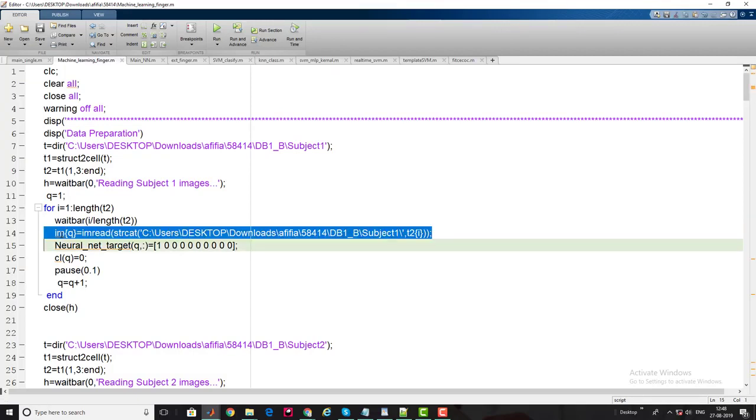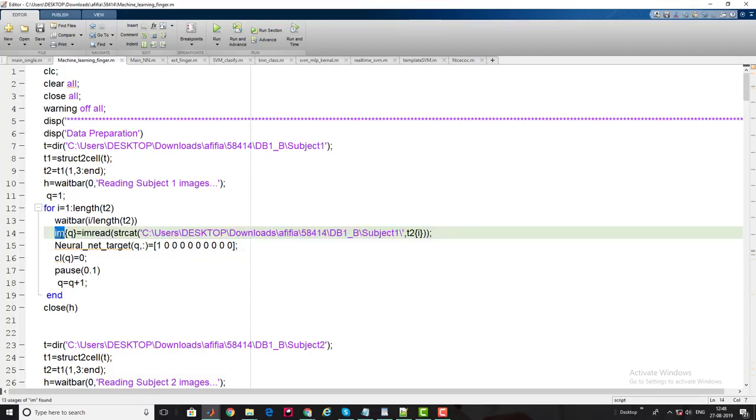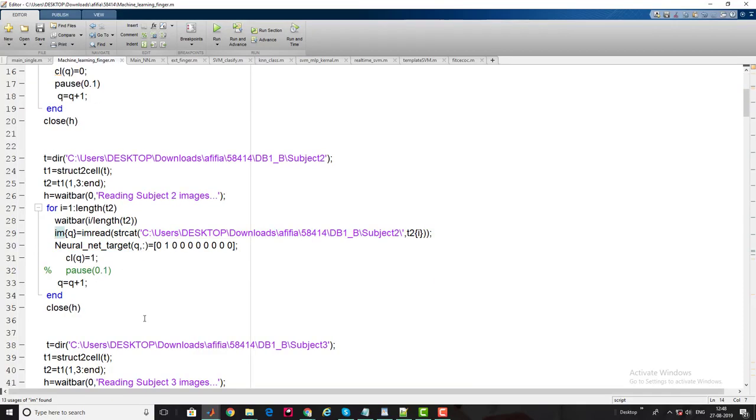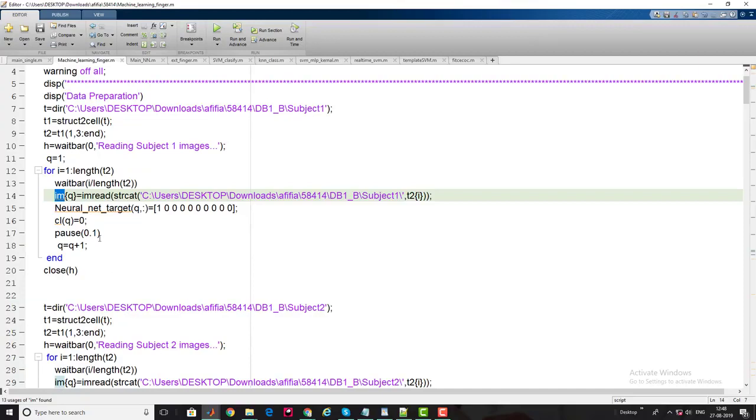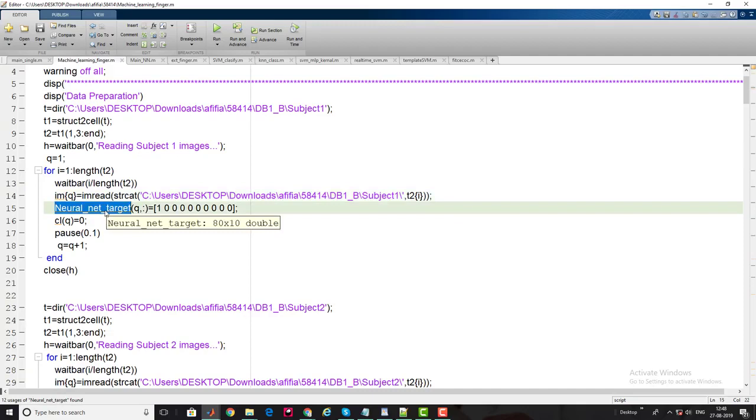After reading images I put them into a cell, and the cell name is IM. After running this program, I will obtain all the folder images sequentially in an image cell. Thereafter, this part I have explained in the neural network tutorial: that's how we build the target vector.